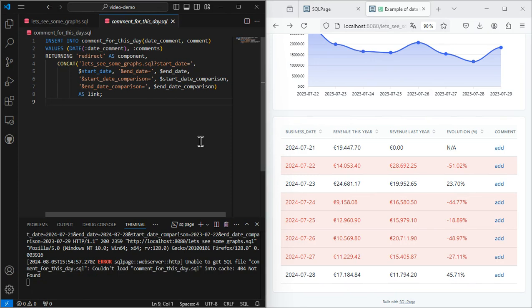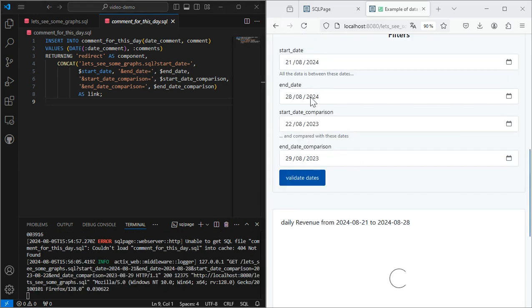The data is the comment and the date of the comment. Again, the redirection link includes the 4 parameters, in our case, 4 dates. So when we come back to the page, the data is still filtered as it was initially. Let's see how it works.